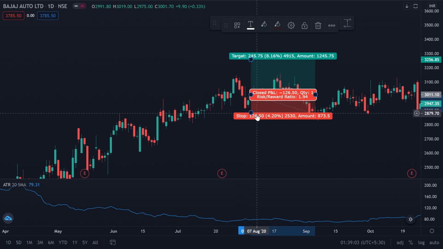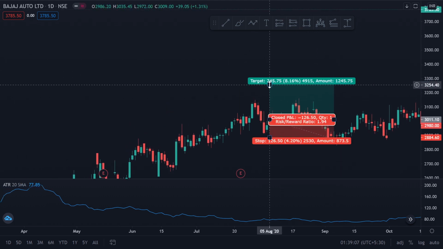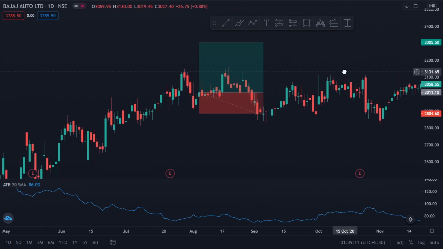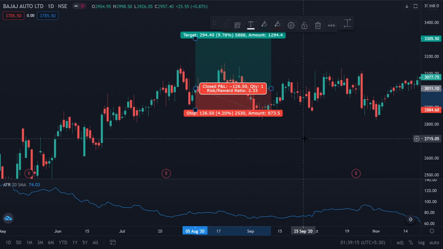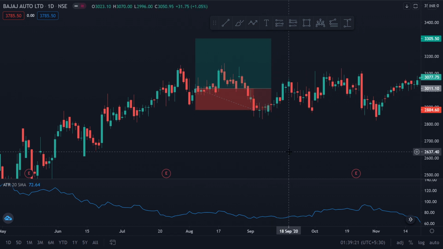This was the support level, so I will give it some space and keep it below the support level. And now my targets, 1:2, 1:3, whatever. I don't have the targets in mind yet. So what happens here? You can see price hit our stop loss. Price moved into profits once, hit this resistance, came down all the way back exactly till our stop loss, stayed at our stop loss, did not turn into a downtrend yet, just stayed at our stop loss and took a bounce from there only. So what do we do here?